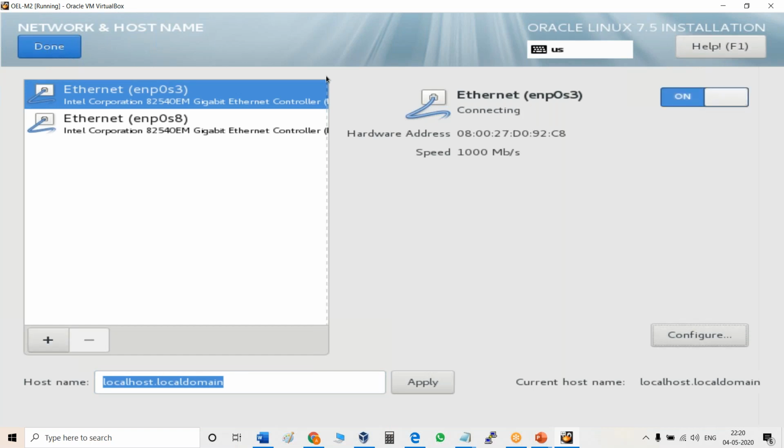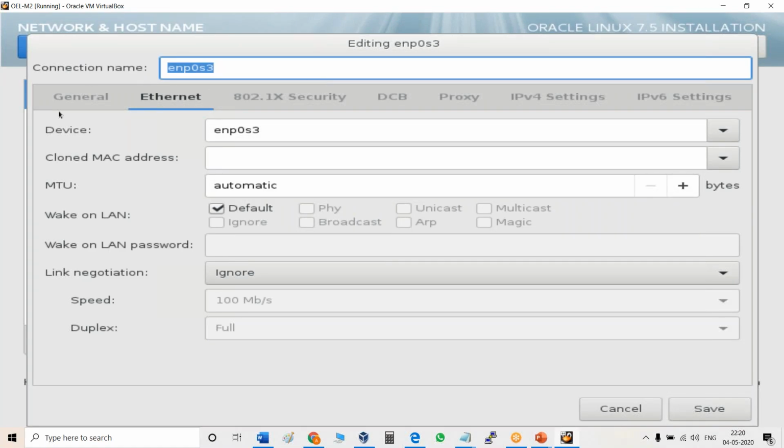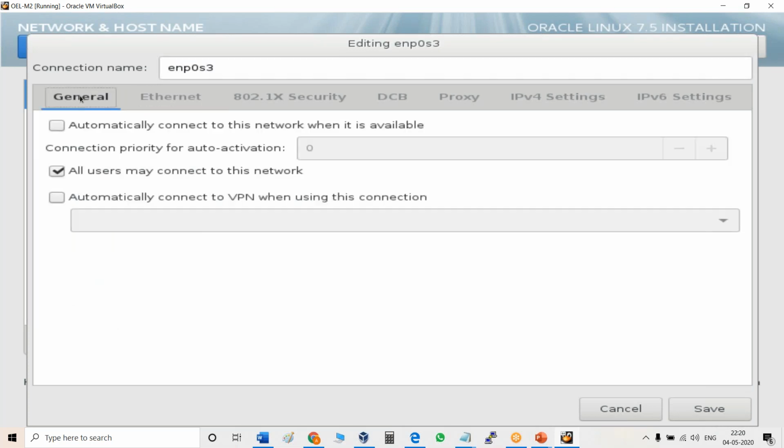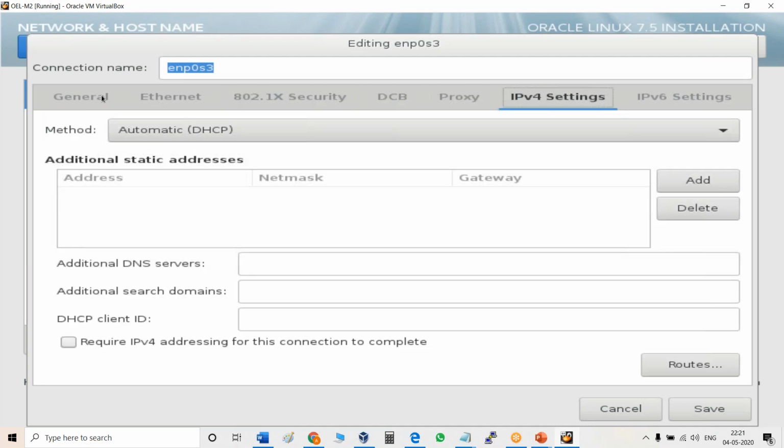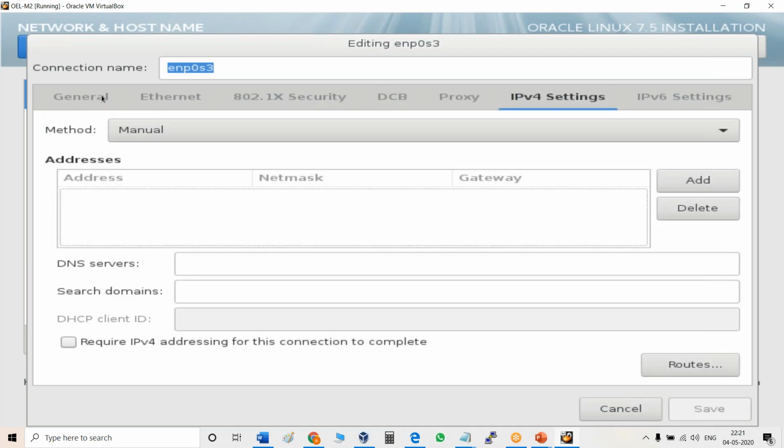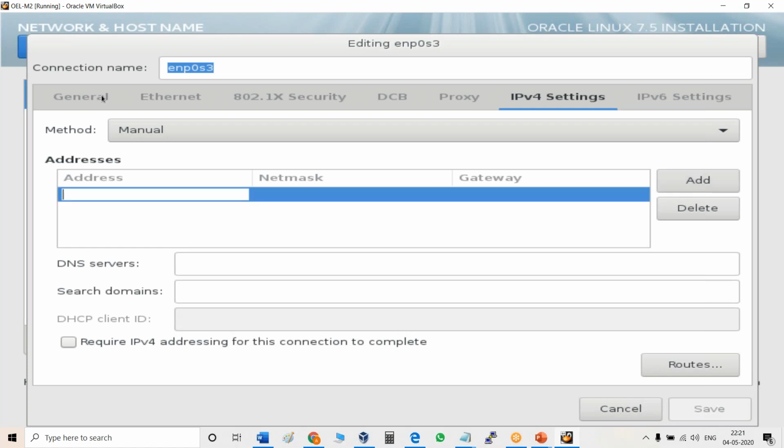On configure, and then this, then come to IP, and in IP manual, then come to add.